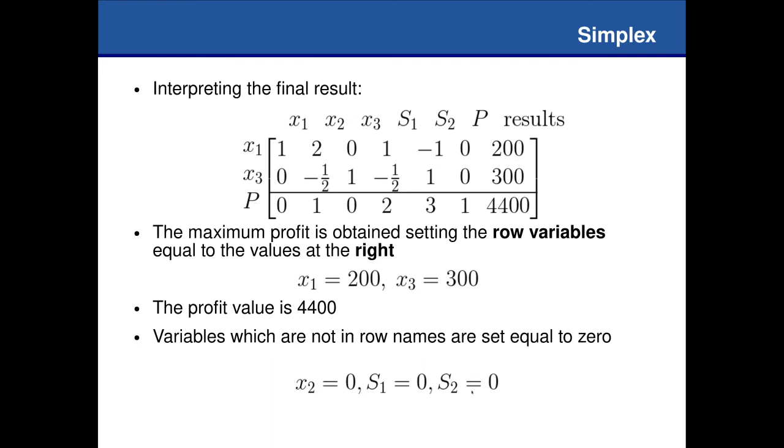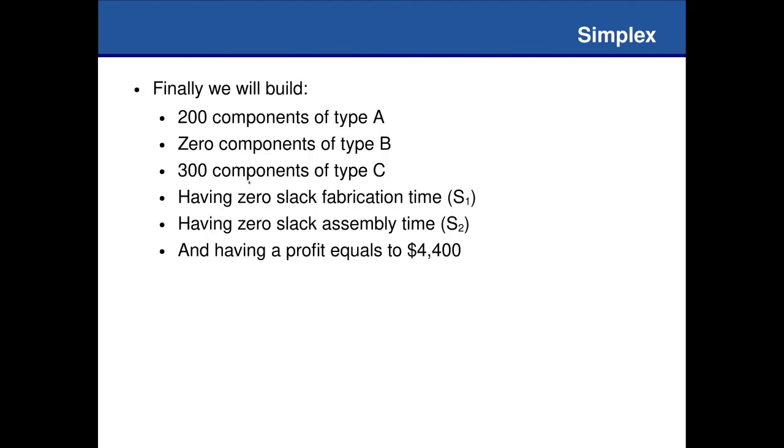They don't matter anymore. We have the constraints satisfied for the quantities, just building up components under the type A and C. Of course, type B is just useless in this case because, again, we don't have a constraint to represent it and to make it necessary and bring it to row names. Quite interesting, isn't it? Finally, we're going to build 200 components under type A, 0 B's, 300 C's,